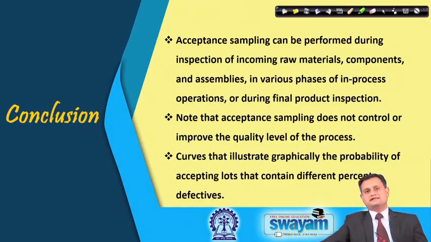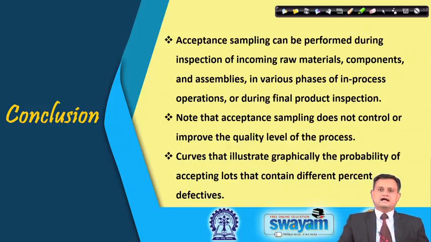So, acceptance sampling is a branch of statistical quality control and is extremely useful in deciding the discriminatory power of my acceptance sampling. When I don't want to go with 100% inspection, I want to go with a sampling procedure. Acceptance sampling gives me confidence by designing an appropriate sampling plan in my decision of accepting or rejecting the lot.